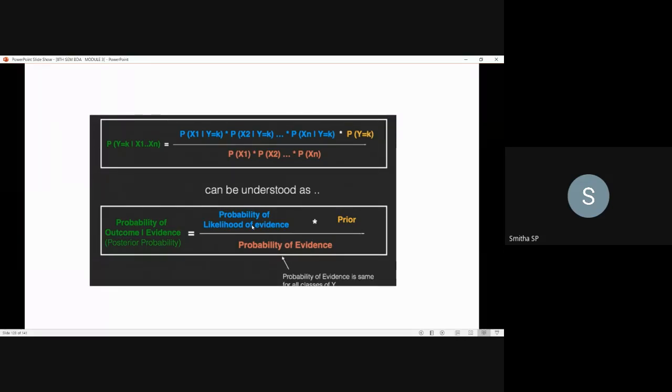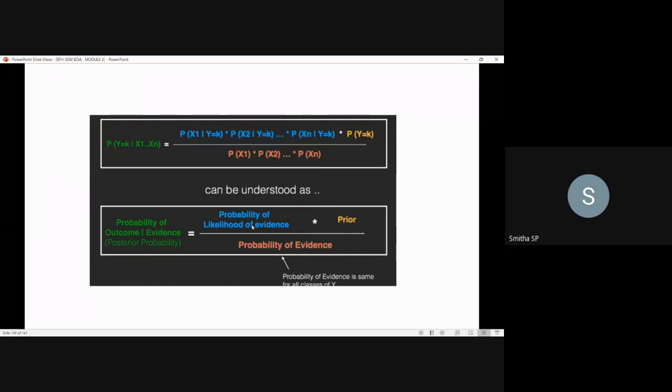It is nothing but the conditional probability of each x given y is of a particular class C. Next, prior, the one more term you can see in the numerator, that is prior. So what is this prior? The second term is called the prior, which is the overall probability of y equals C, where C is a class of y. In simpler terms, prior is equal to the count of y equals C divided by n records.